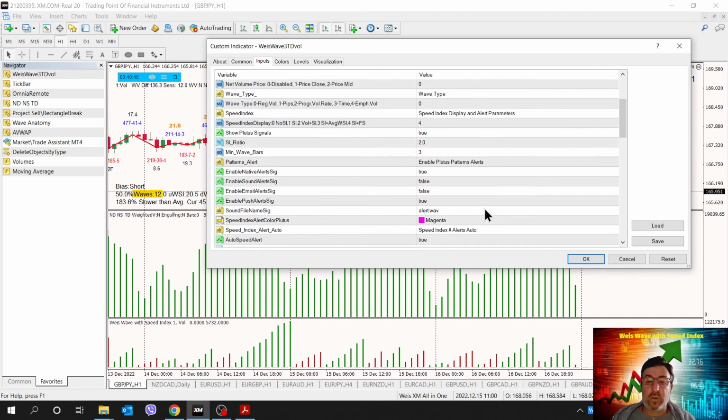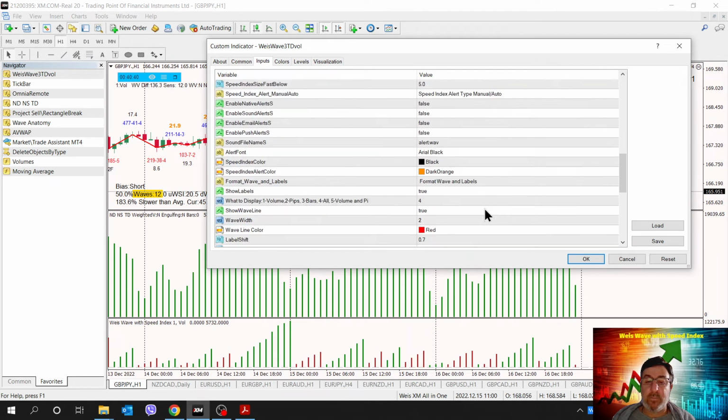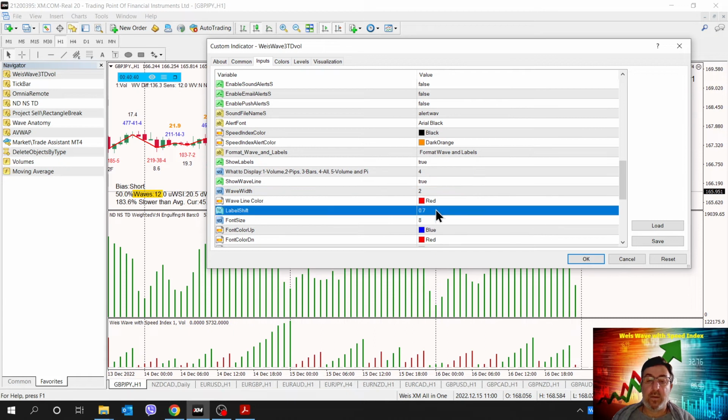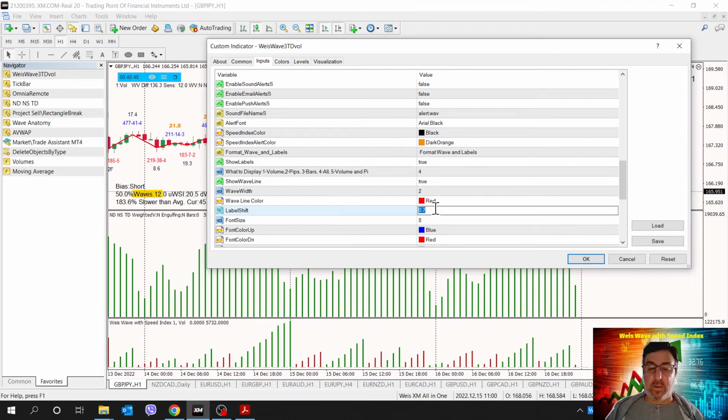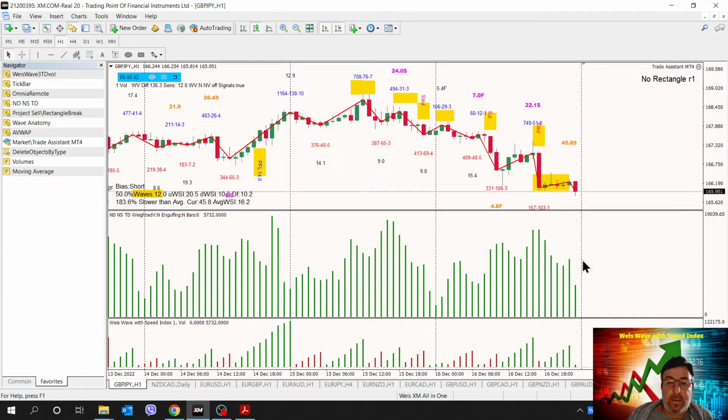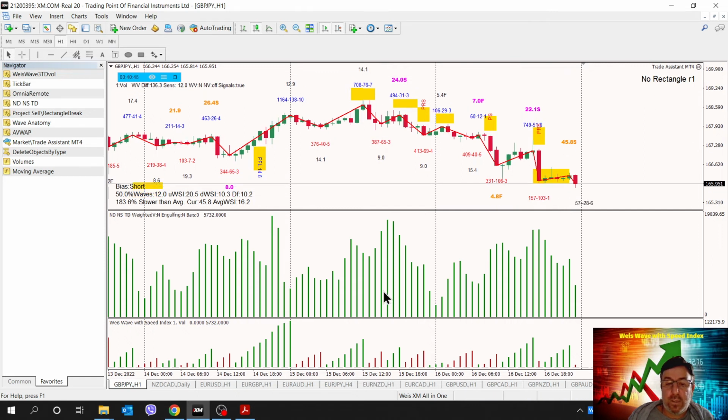And I can also change the label shift, which means how far are the labels from the bars. So right now are at 0.7. If I make it 1.5, it will increase the gap between the bar and the label. Okay, you see that right now.